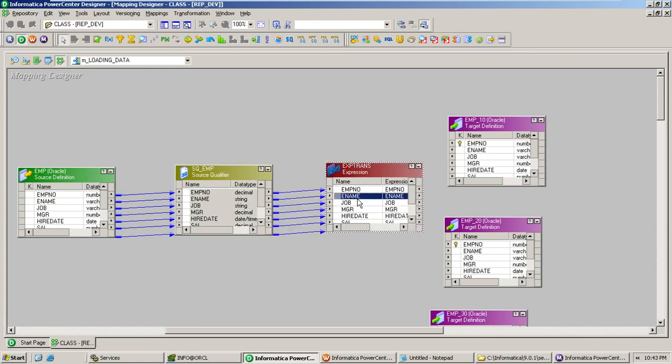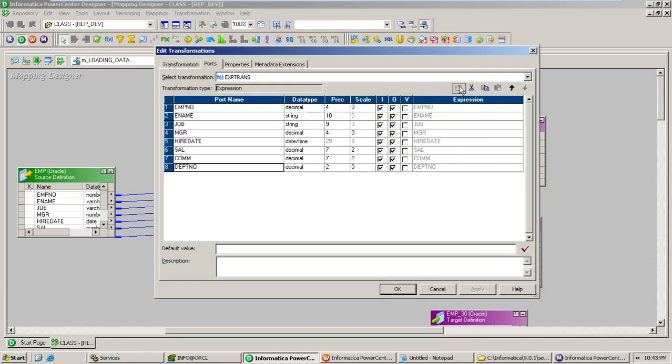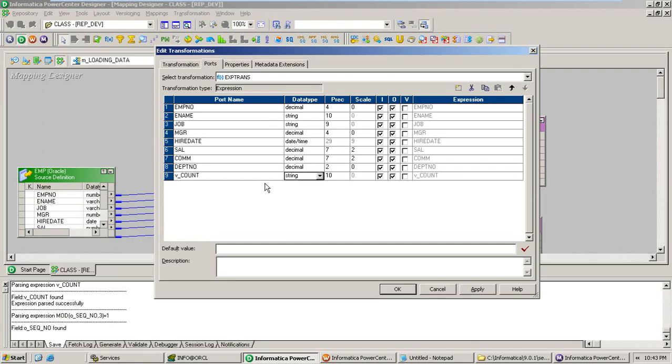Now just double click on it and create one variable, any name, v_count something. This is not a string, this is an integer, and this is a variable port, and then the expression is v_count plus 1. Then create one more port.